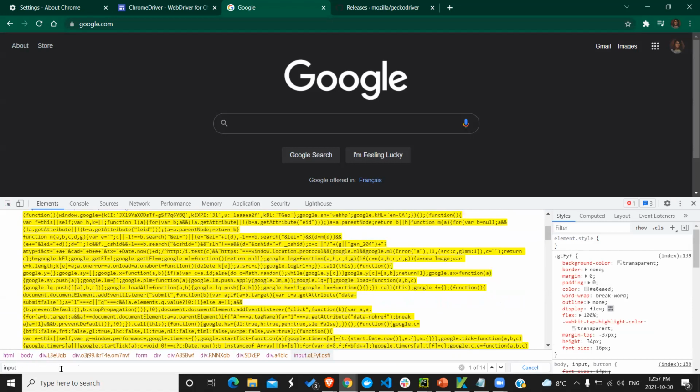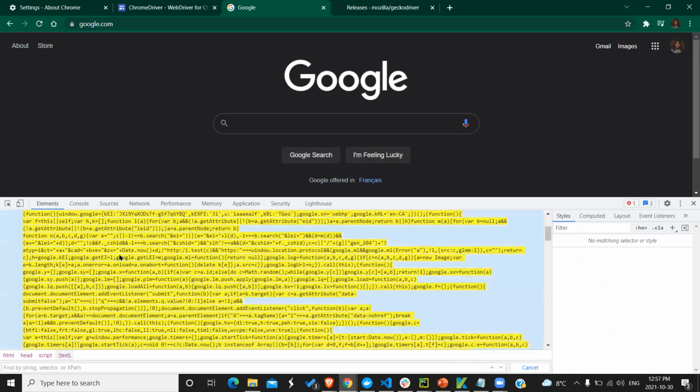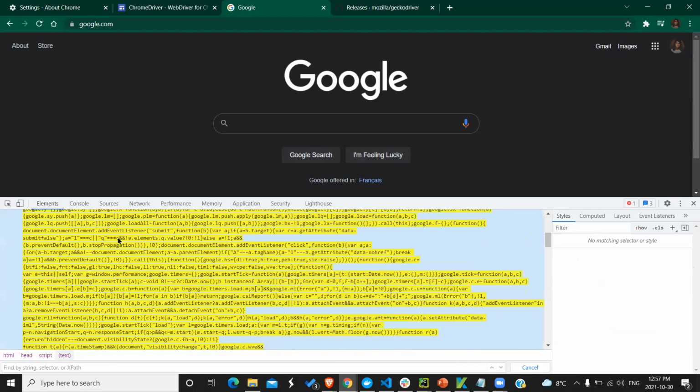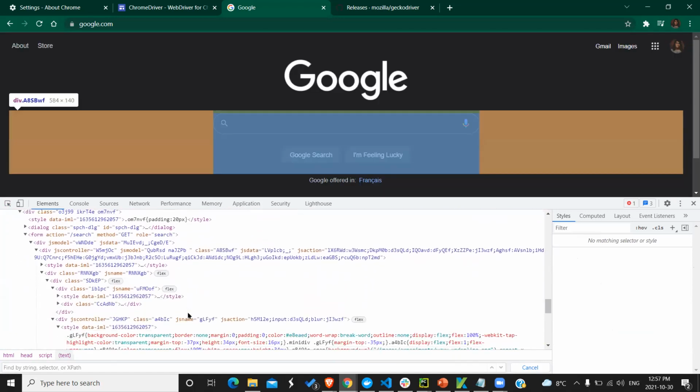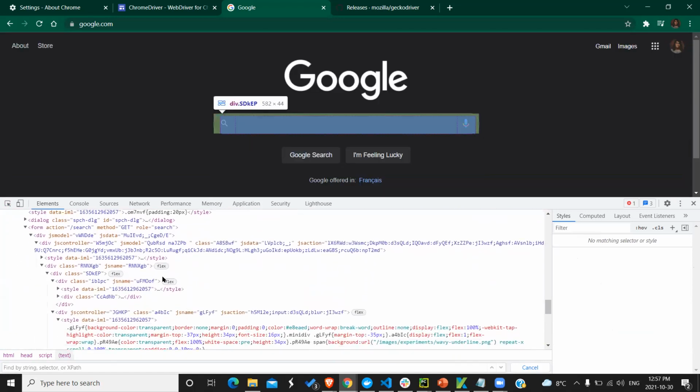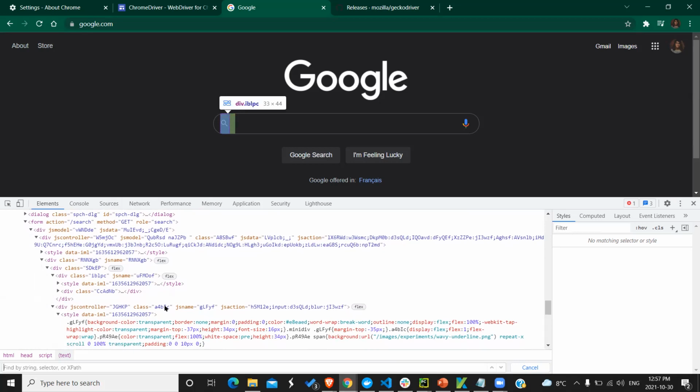I'll try to show how I found it. When you do Control F on your inspect element, on the console, you'll be able to get this input field.